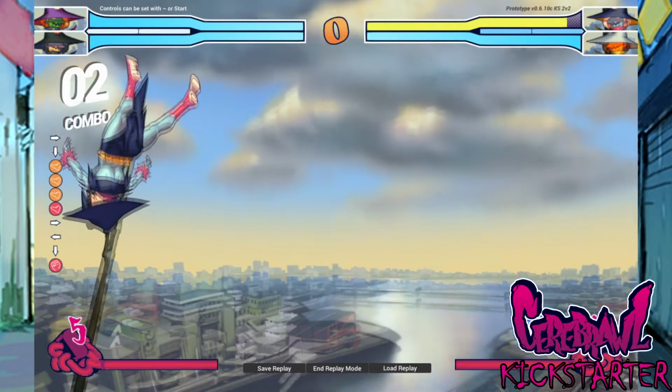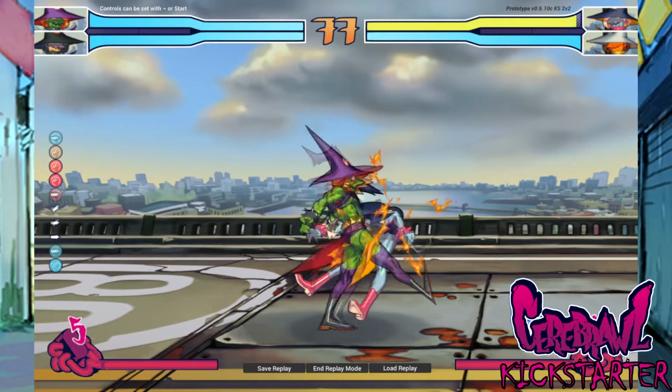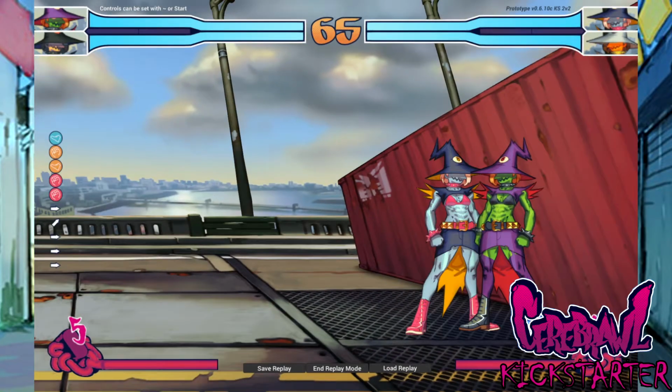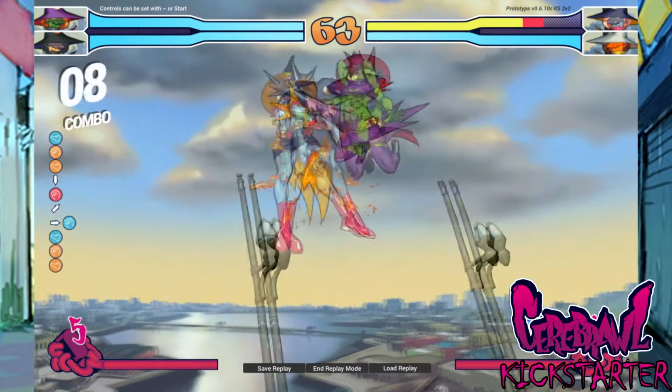You have your 2 versions. You do your easiest string, but ending with either heavy lands in a different result. Heavy punches usually knock them away, giving you more breathing room for anything else. A heavy kick in the air will actually send them into a ground bound state, which can also lead up